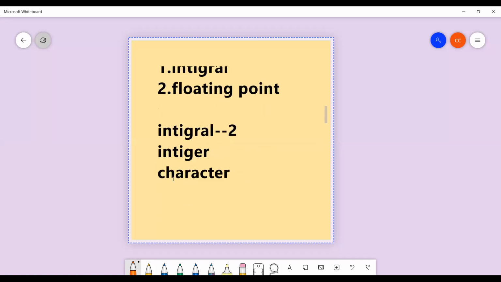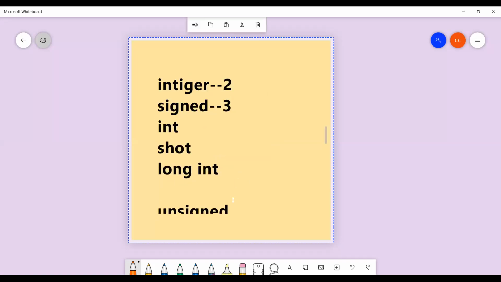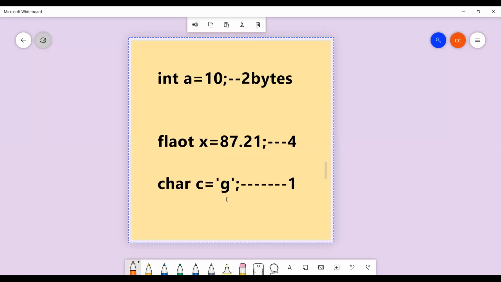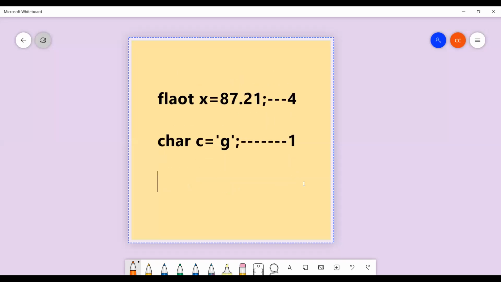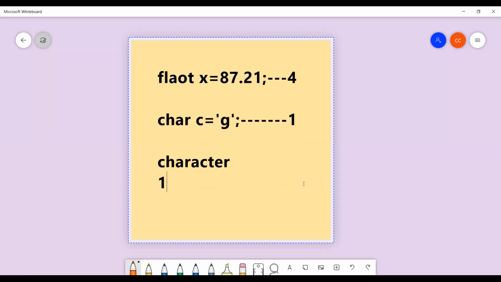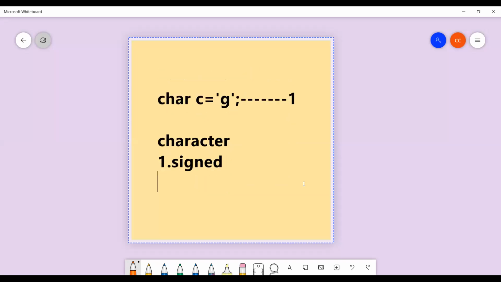Next, see here, character. Character is divided into only two ways, that is signed character and unsigned character. That's all.